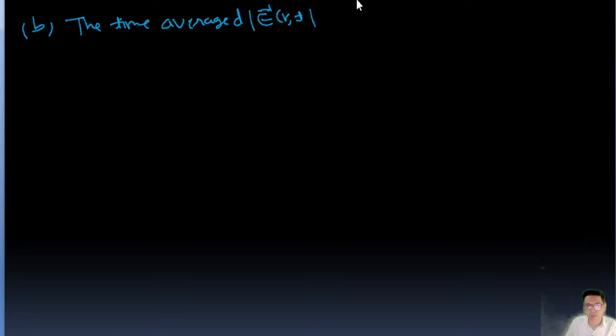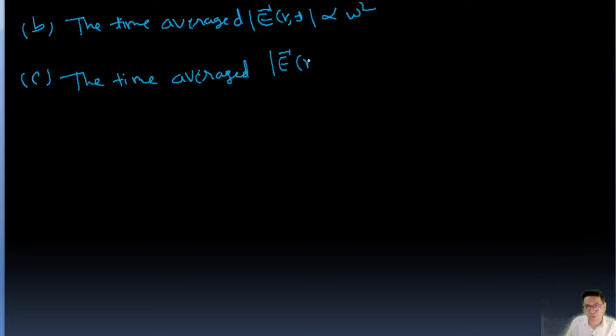Okay, and option B is time averaged mod of E is proportional to omega square, and option C is the time averaged mod of E, which is a function of r and t,